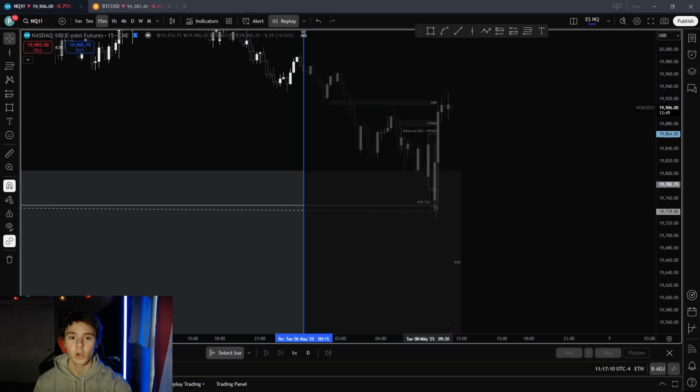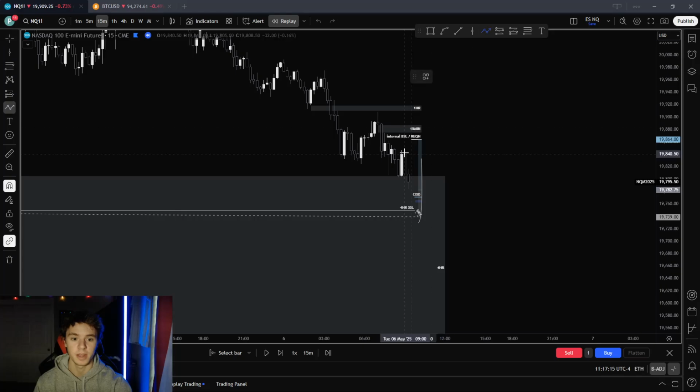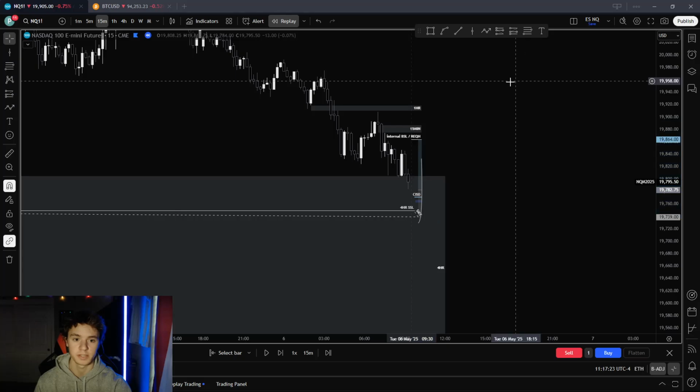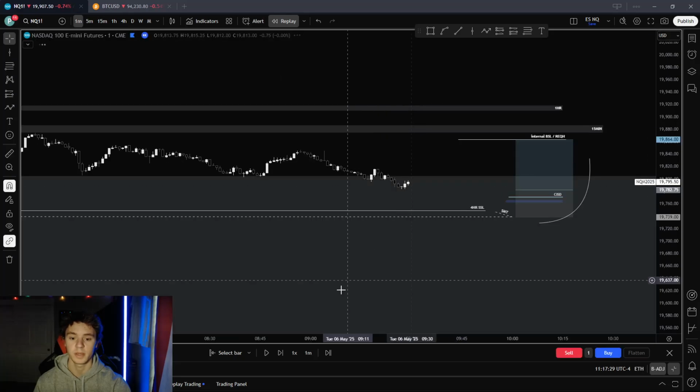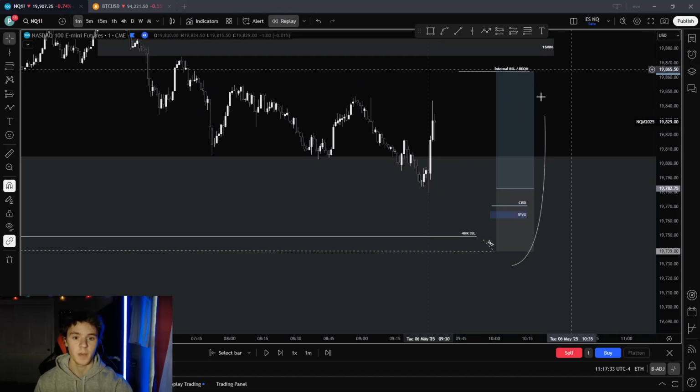So price opened up, if we just go to replay, we opened up right around in here, and I was looking for us to get this kind of move, sweep some liquidity, tap into this higher time frame imbalance, and then get that move down to the 4-hour sell side. But if we go into market replay, the market opens, we come up and we take this liquidity,